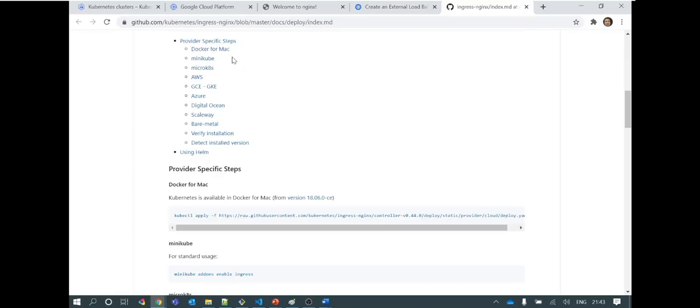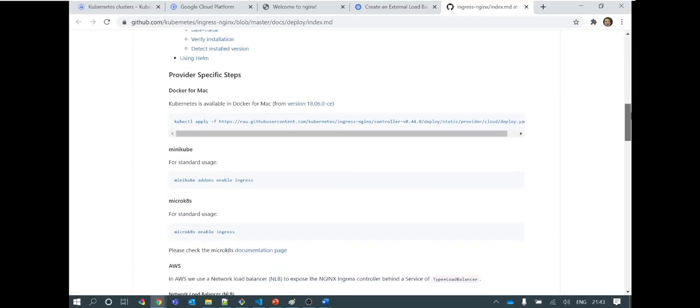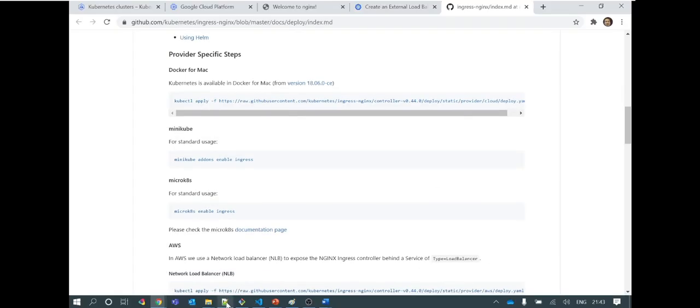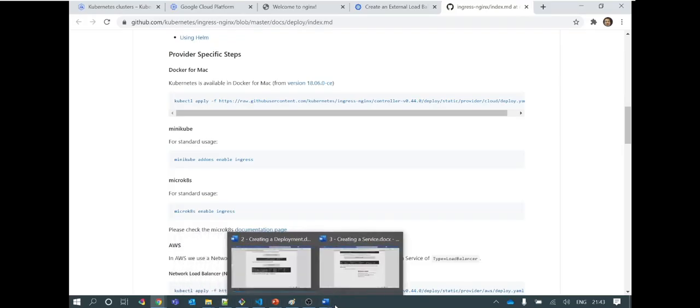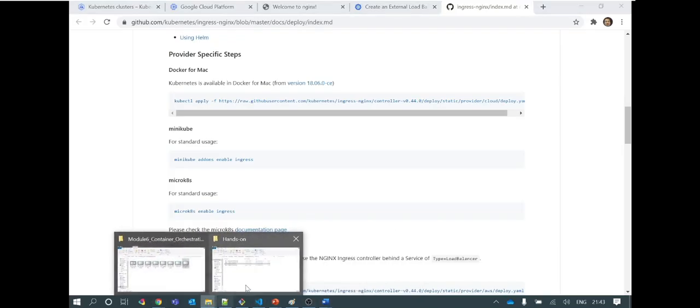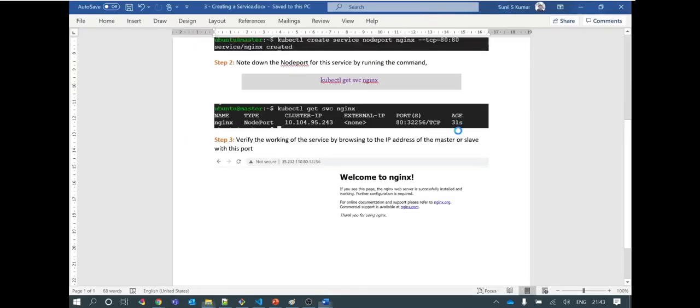For Docker, it may be different. Minikube, it may be different. MicroK8s, AWS, you need to have different ingress. For GKE, you need to have different ingress. For Azure, so every platform has its own variety of ingress based on its architecture, and that's what you need to choose. Because we are using a Google Cloud instance here, we are going to use the one I have mentioned here.